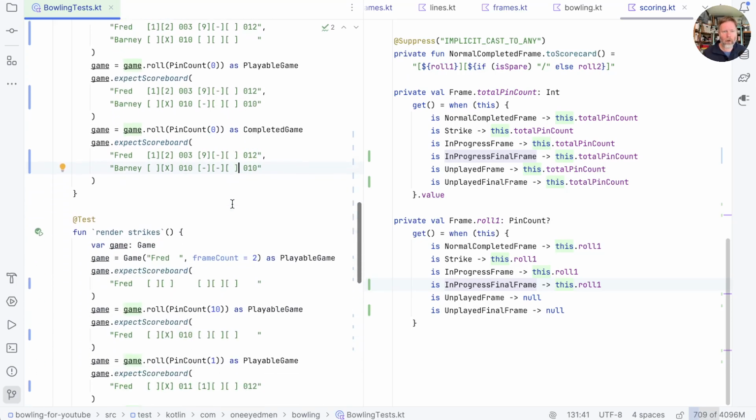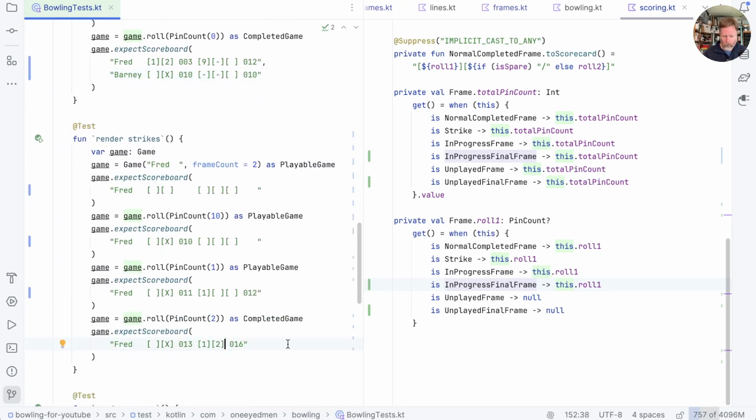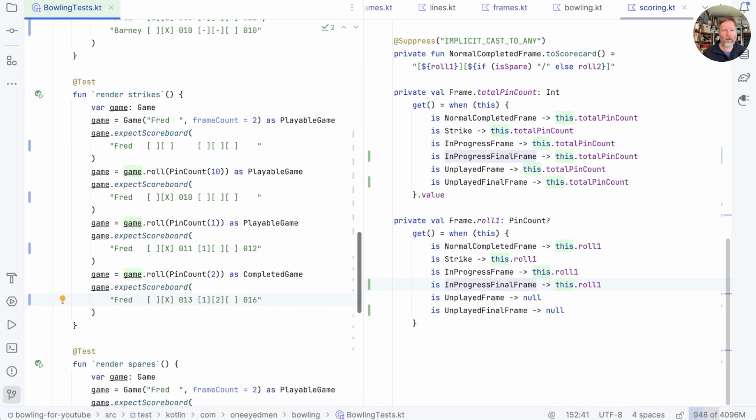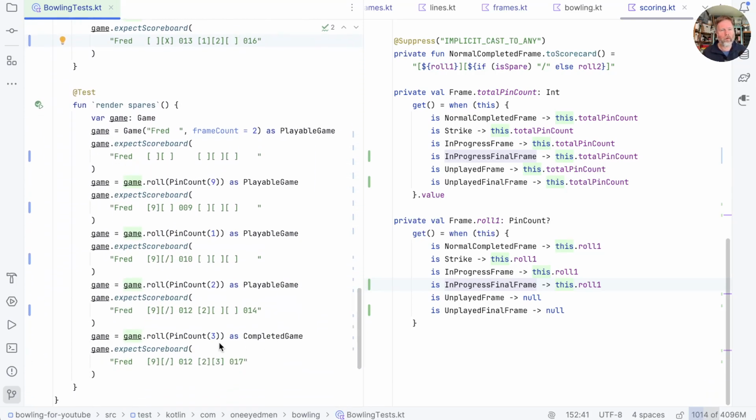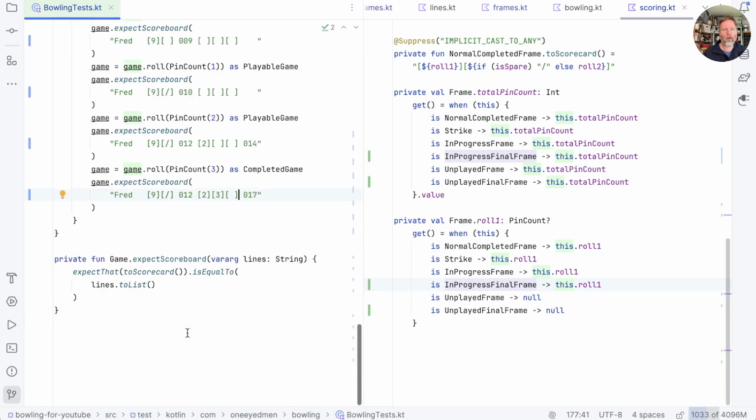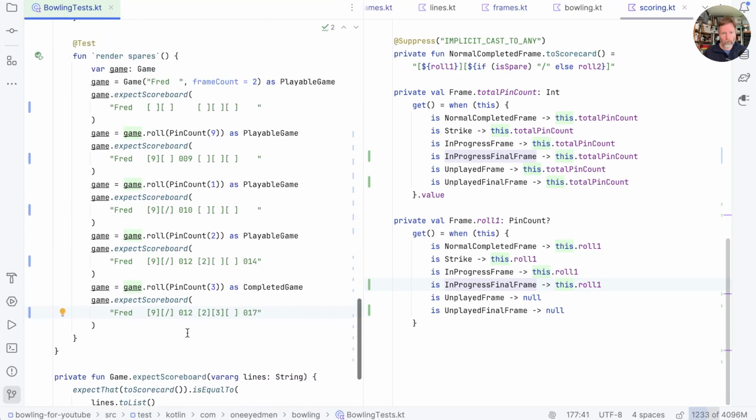Looking down the next one, here we scored a 1 and a 2. There won't be another ball, so we'll stay at 16. Spares, well, we rendered those only in the first frame here. That's good, so let's just put that in there. Okay, so these all have in common that they are completed final frames. If we run the tests,